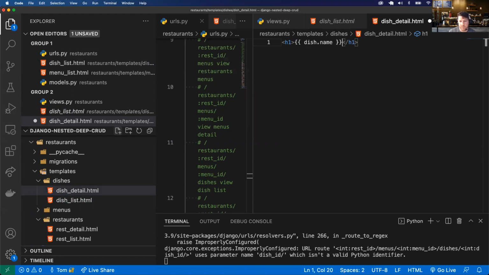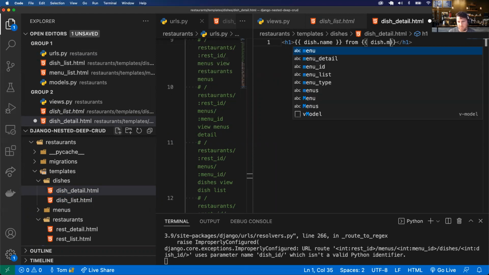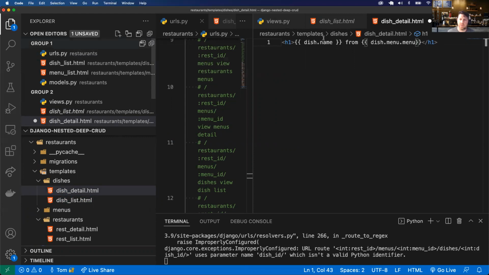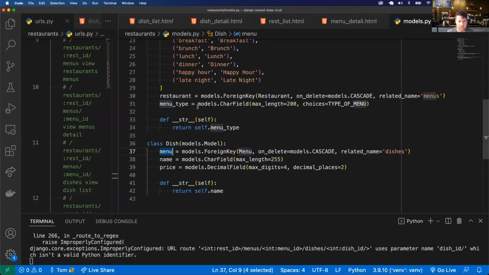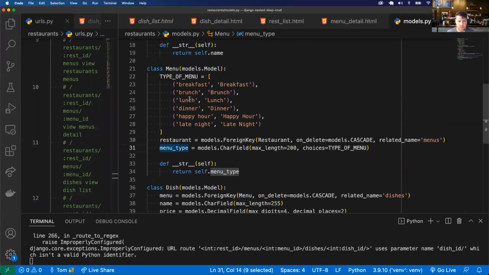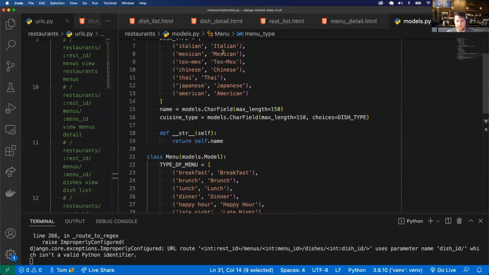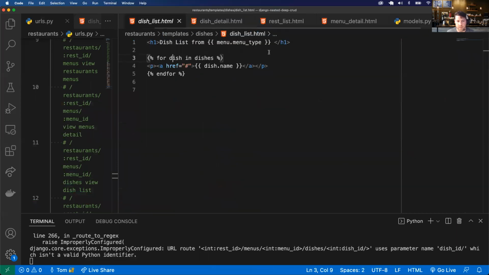Dot name from, so dish dot menu type. No, menu. I always keep forgetting. From the blank menu from, yeah. From the blank menu from,